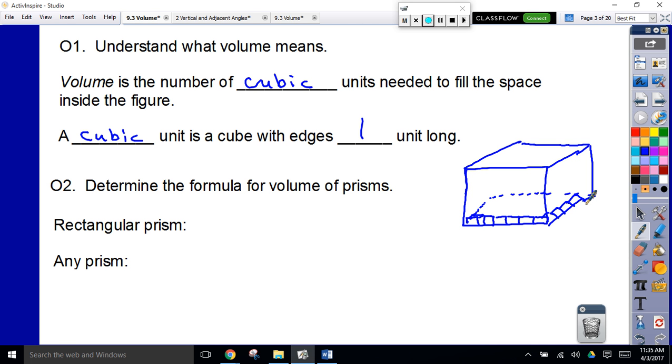So how many cubes would it take to fill the bottom of this? David? 30. It would take 30. We have 6 here, we have 5 here. 6 times 5 is 30. Now if I kept going upward with my cubes,